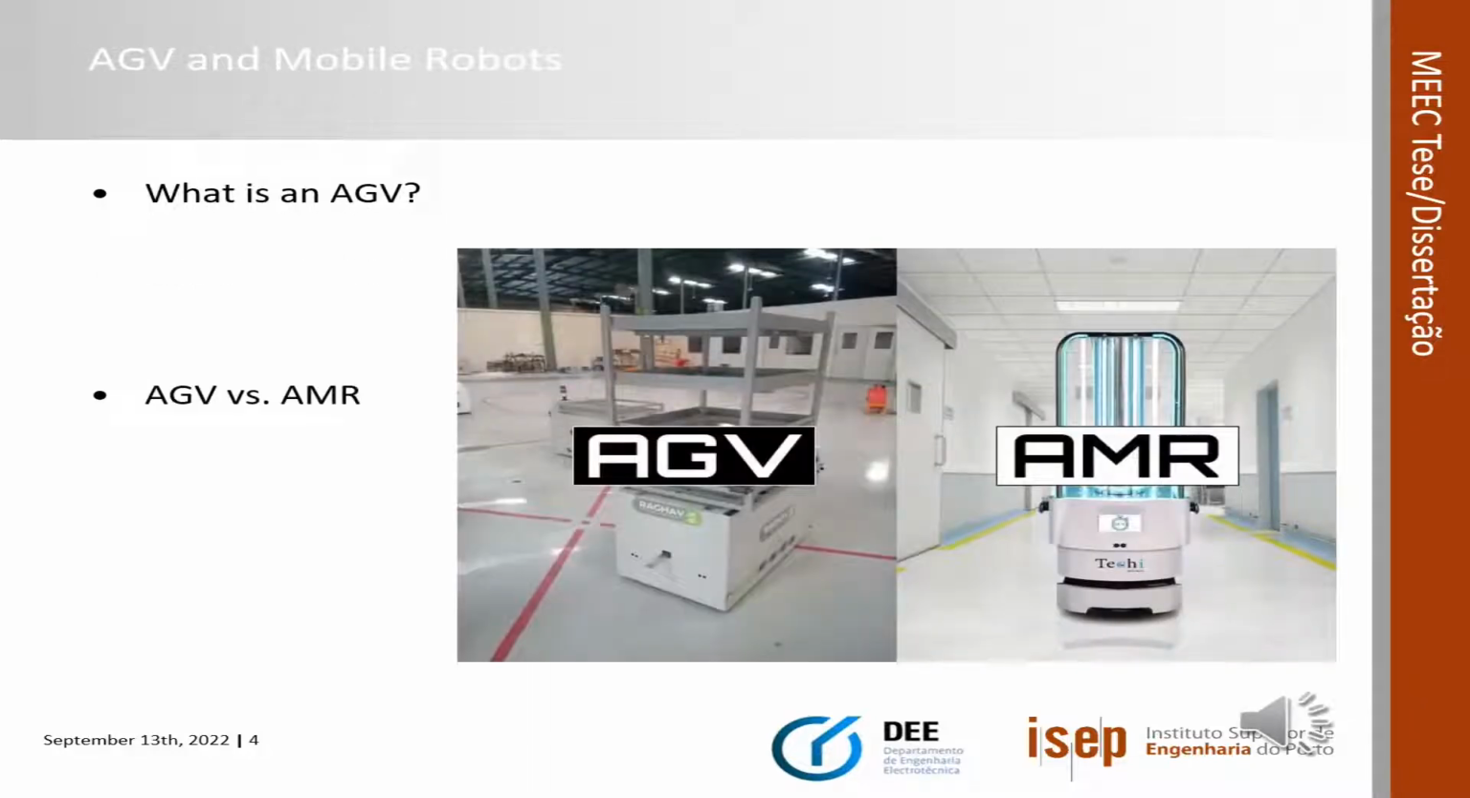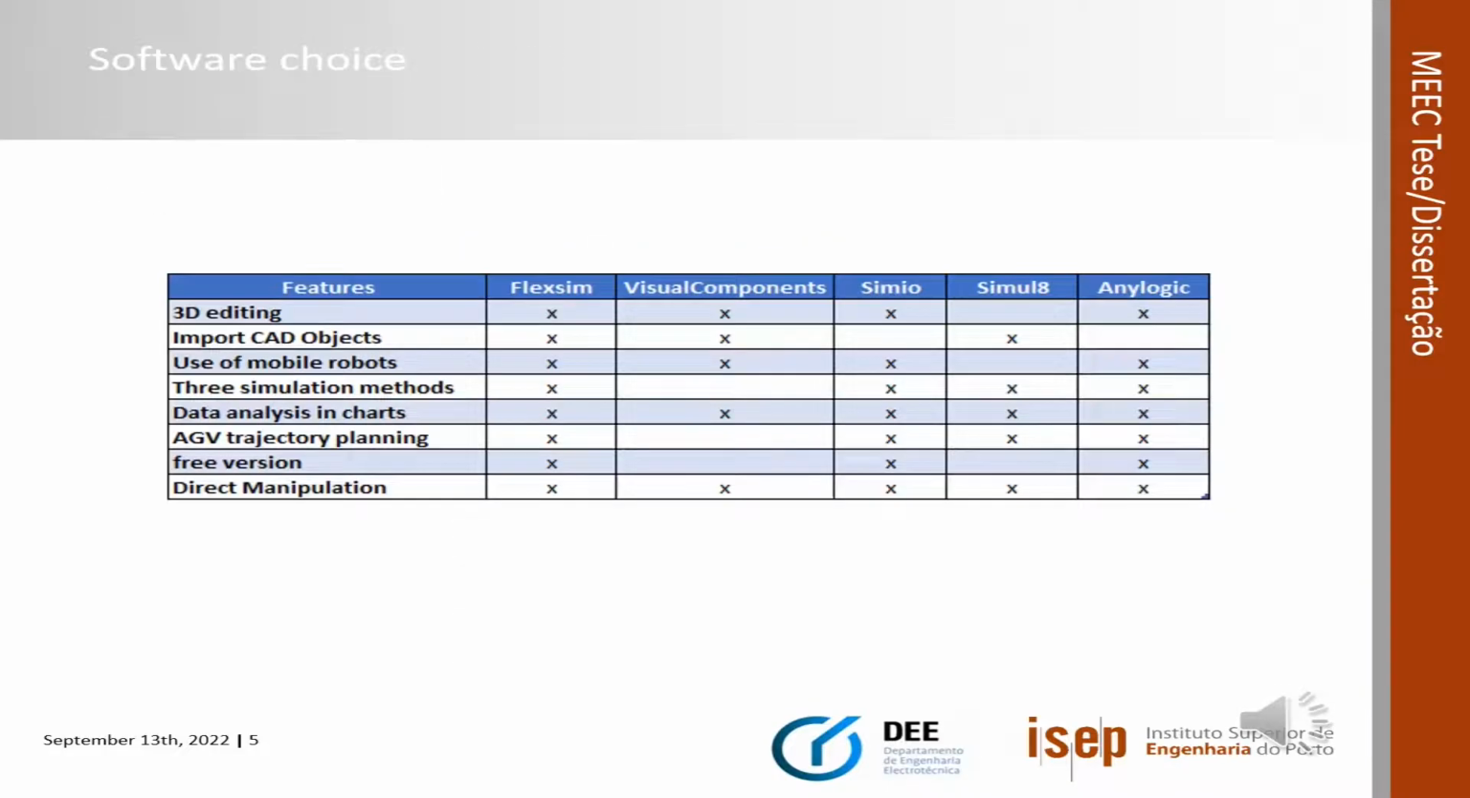robots. Before entering the project, I will just explain the main difference between an AGV on the left side and a mobile robot on the right side. The big difference is basically the use of predefined paths, that is, the previous planning of trajectories. If an obstacle appears, it is necessary to change the trajectory on the AGV, while on the mobile robot it will perform control autonomously. For the software, several simulation software for mobile robots were compared, such as FlexSim, Visual Components,